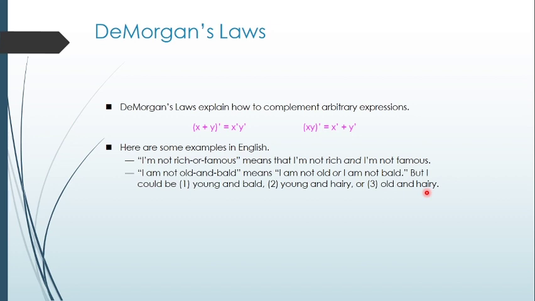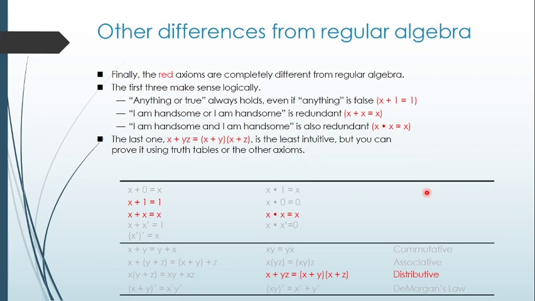So this is just a simple thing you can use in your simple logic expressions. You can use the simple De Morgan law to simplify a lot of things, a lot of circuits using these laws. And other differences from the regular algebra that we just talked about,